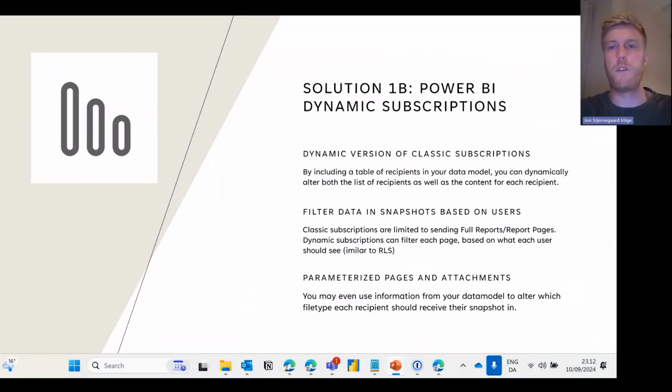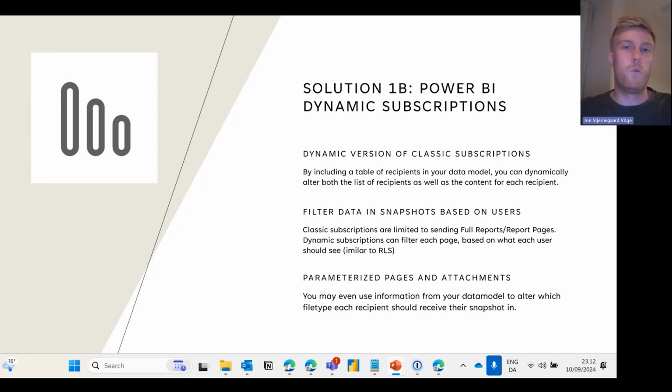which were introduced with Fabric last year and became generally available, I think, back in March. And they are the extended version of the subscriptions we just looked at. They are extended in the sense that they are context aware, they are model aware. We can feed dynamic subscriptions with tables from our semantic model in order to both map filters as well as recipients and say, well, okay, if I want to send a report to recipient A and there is supposed to be row level security on my model, I can make it so that my subscription will send a filtered screenshot to the end user along with the link so he can go in and check the report with the security